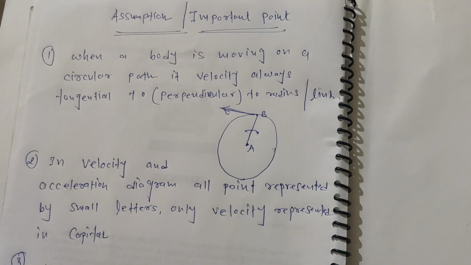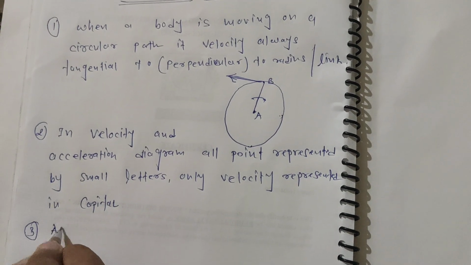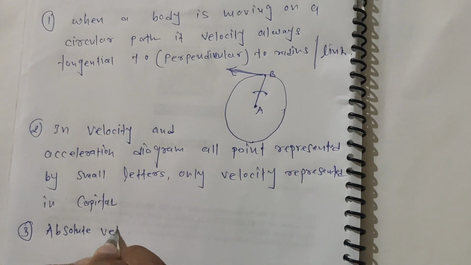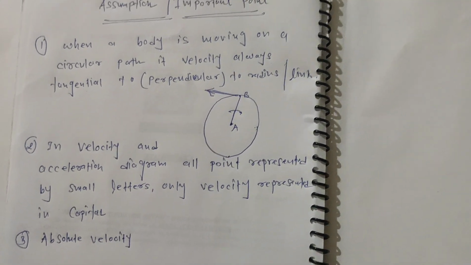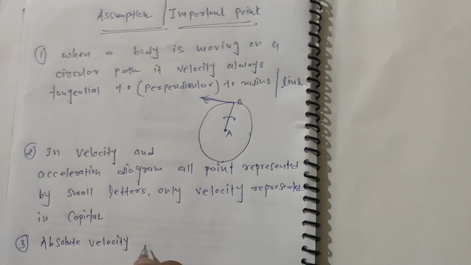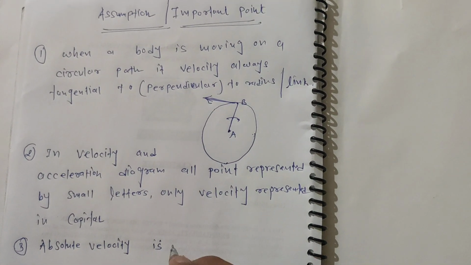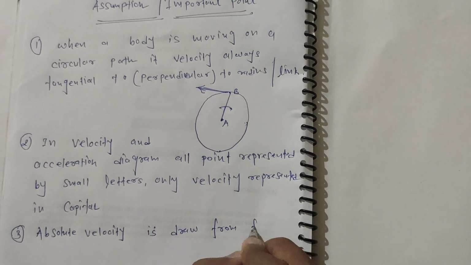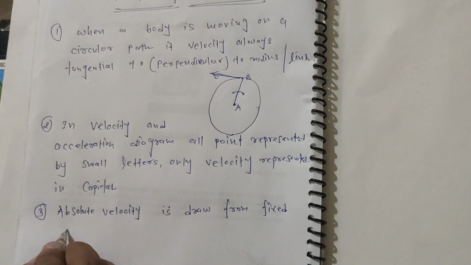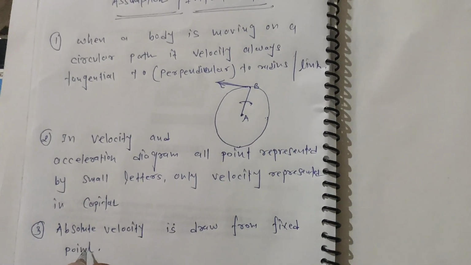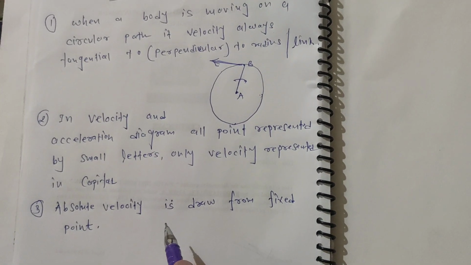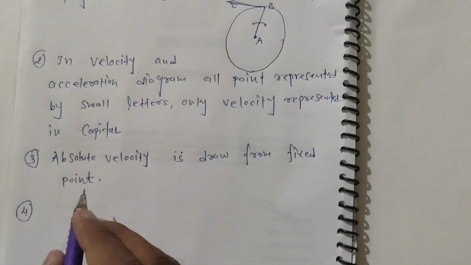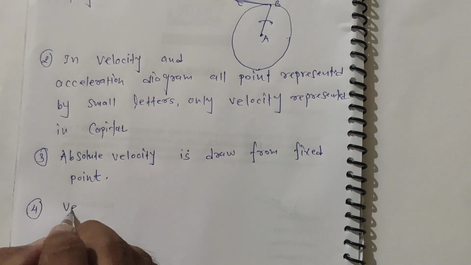Another point, absolute velocity. When we study about the absolute velocity, it is drawn from a fixed point. When we have to study about the absolute velocity, it is drawn from a fixed point. Fourth one, velocity